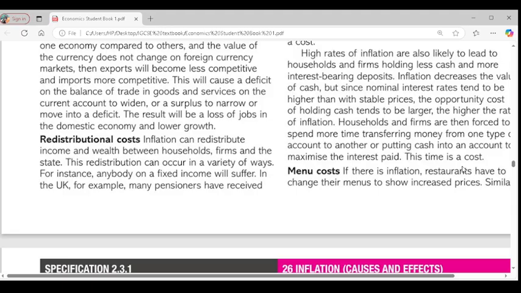Do you get it? Yes. If government will be making more, then households and firms will be vulnerable; they will be worse off. That is the point here. So there will be a redistributional cost, because firms and individuals will be paying more taxes than government, then government will be making more. That is what the point is. Is it clear? Yes, sir. Any question about that? No, sir. So we'll go to the next one,